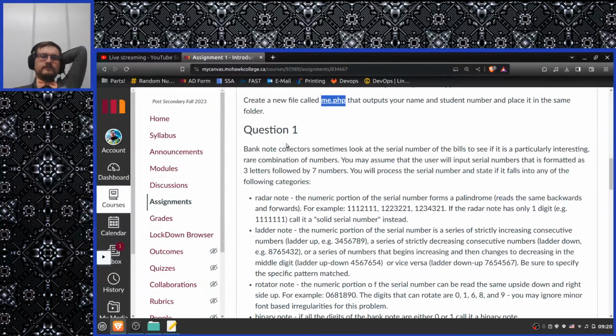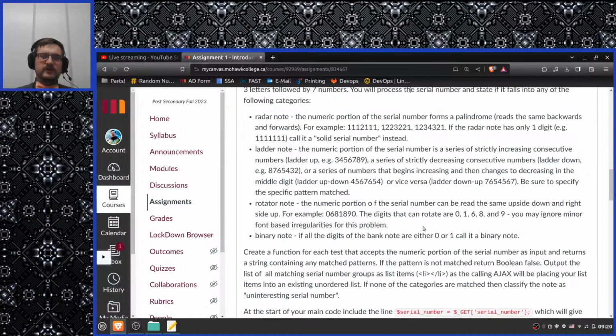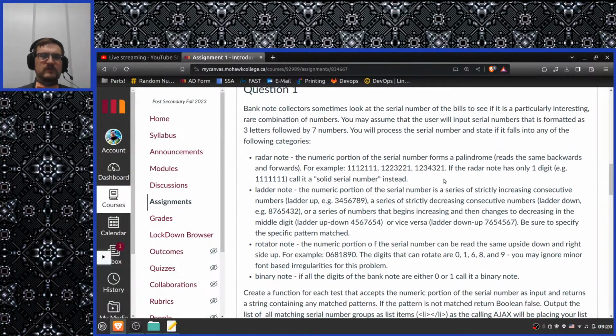So, question 1. Mostly this is a question where you feed in a series of characters and determine various different properties of them. This is one of those types of numerical problems that you could write like a large series of if statements or a short number of things that hold variables and test various conditions. But how you choose to solve these problems is largely up to you, so long as the correct outputs are being output. So we have numbers coming in, which are 3 letters followed by 7 numbers. The three letters up front are generally not really used in this case, but you're looking for various properties of those 7 numbers: